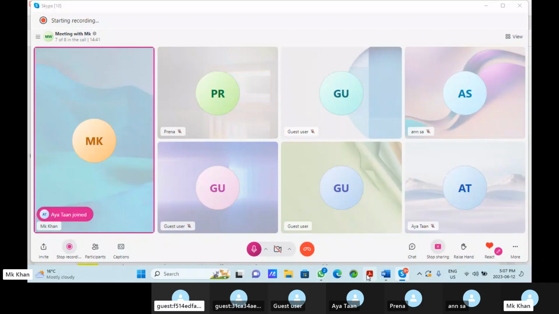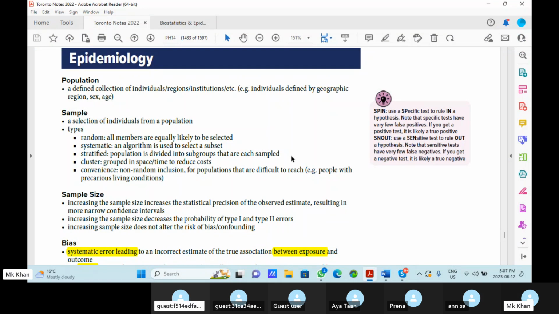So let's start with epidemiology. In epidemiology, there are certain terminologies, especially the 2 by 2 table and sensitivity, specificity, and all those kinds of things. We will try to touch all those definitions and understand what exactly they mean. And also, I highly recommend that all of you have a pen or paper or pencil,